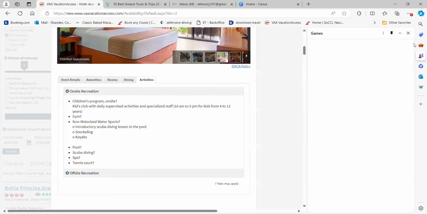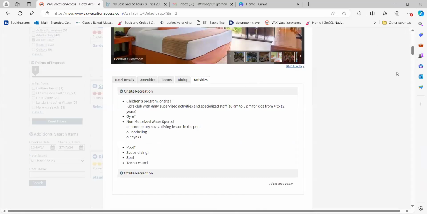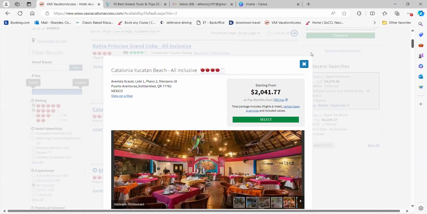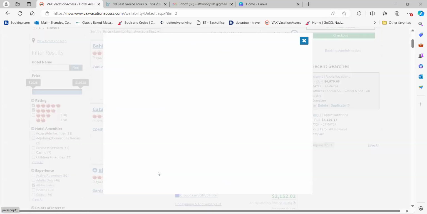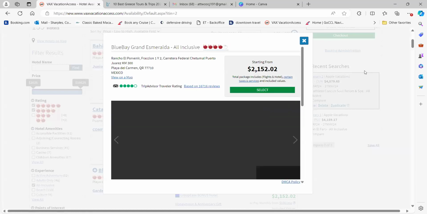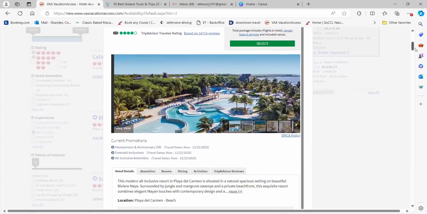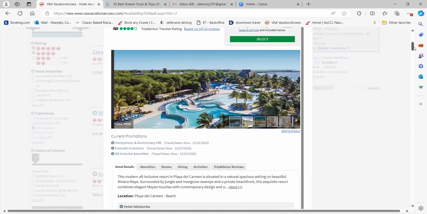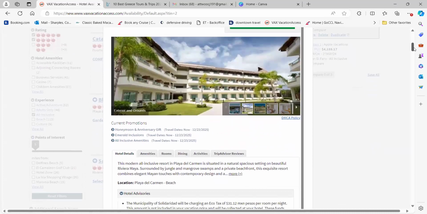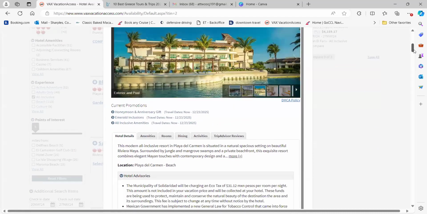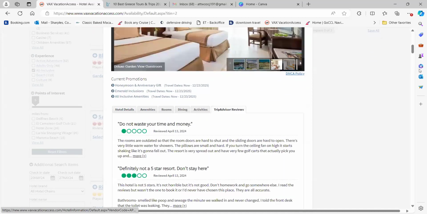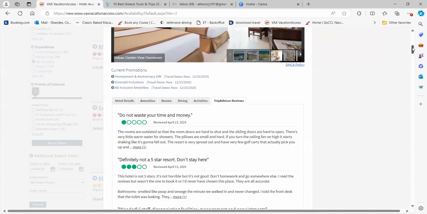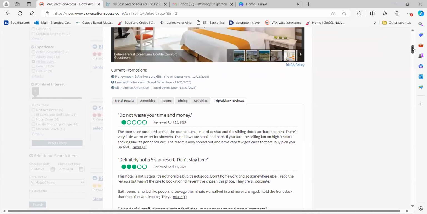So like this one here, it doesn't have the reviews, so I typically don't do those ones. I like to pull up the reviews that are in here, just because it makes it really easy to try and find something they like. And keep in mind when you're doing this who you're trying to tailor to. If you're looking for the younger crowd, the size of the resort might not matter. But if you're booking for somebody who might be a little bit older, you're going to want something a little bit smaller because they might not be able to walk as far.